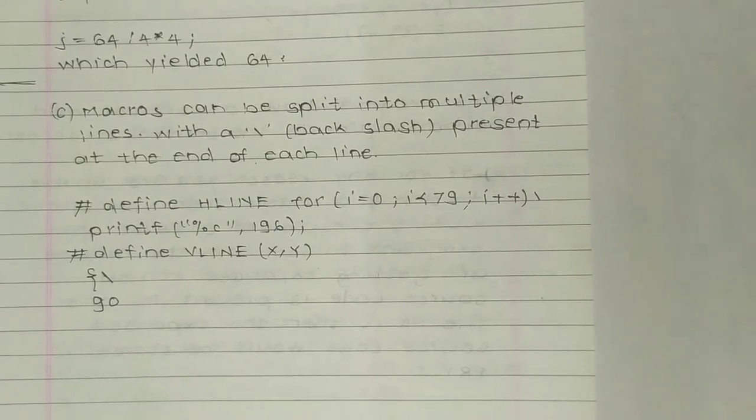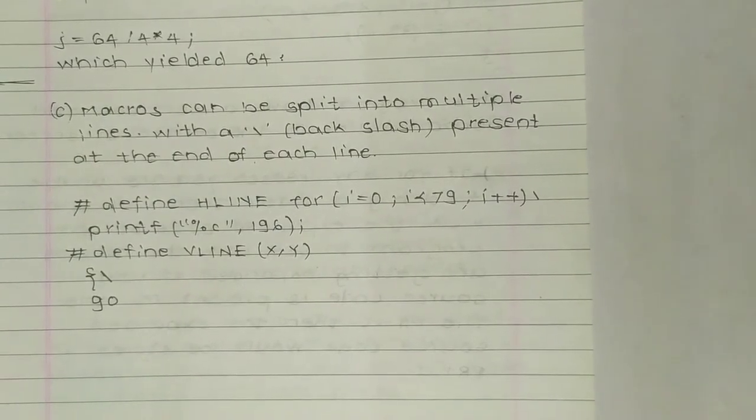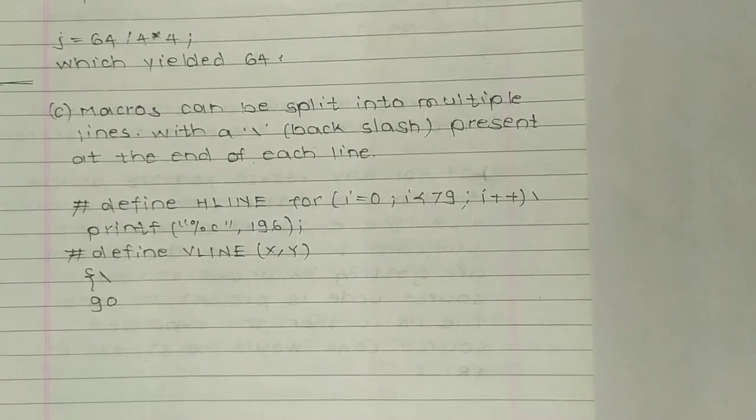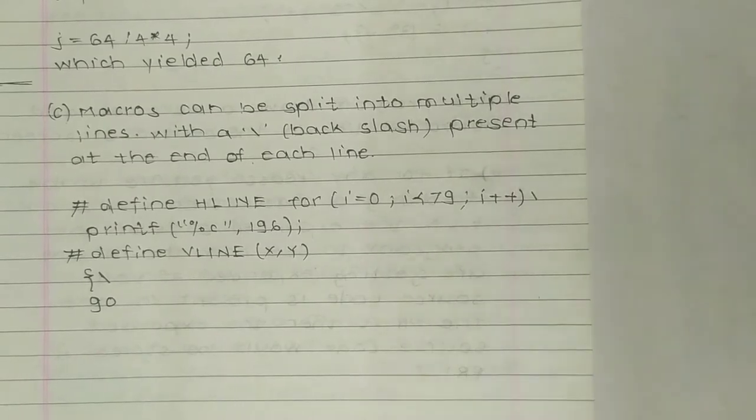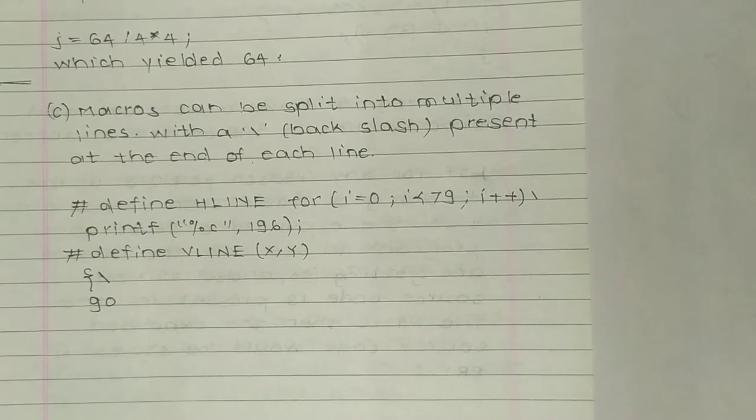Macros can be split into multiple lines with a backslash present at the end of each line. So they are split into multiple lines also with the help of a backslash. For example, #define EDGE_LINE for (i = 0; i < 79; i++)